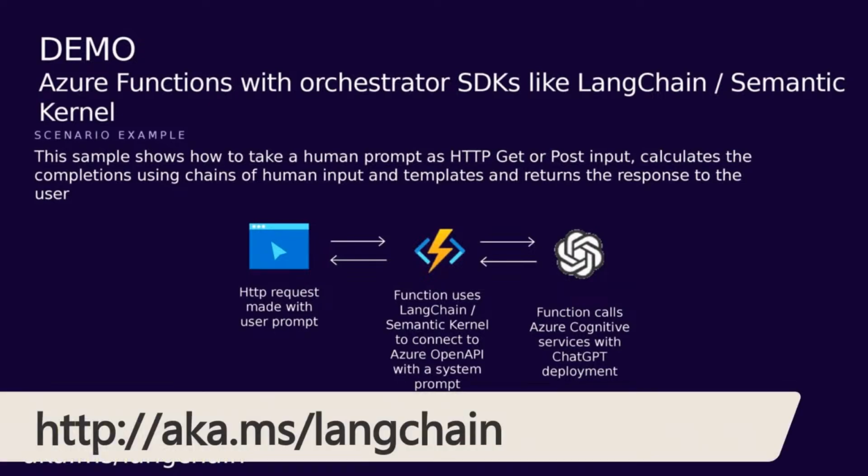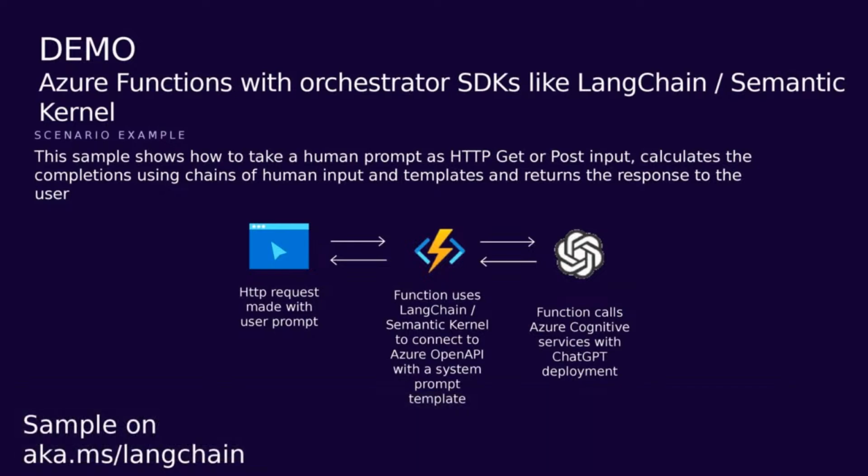And really what it does is it builds a very simple scenario where you might want to take a prompt, so a question from a customer, submit that into an Azure Function HTTP trigger, and it'll take that prompt, and then it would basically use Langchain to connect, or you could put in semantic kernel to connect into the different services. In this example, it connects into Azure Cognitive Services using Azure OpenAI to basically add some system content and system data into those queries. So you want to tell the LLM how they want to respond, what kind of data they're interested in, and then you pass that prompt in along with it. And so Langchain does that for you very nicely, and so does semantic kernel.